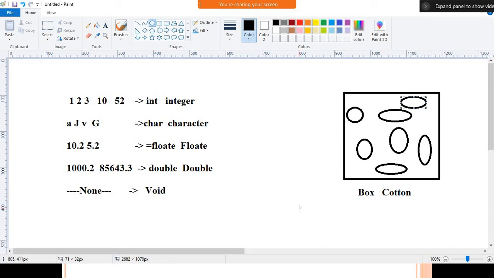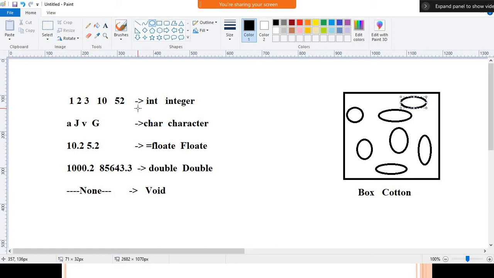Meaning where we store the value. See, if you want to perform addition, we require a value. If you want to perform addition of integer values, we require a value. If you want to perform addition of float values or double values, we require a value. If you want to perform multiplication or division, or find the greatest number, we require a value. That means without a value we cannot perform any operation.